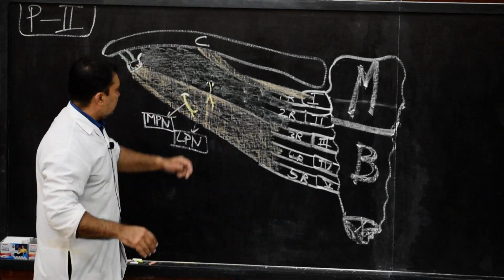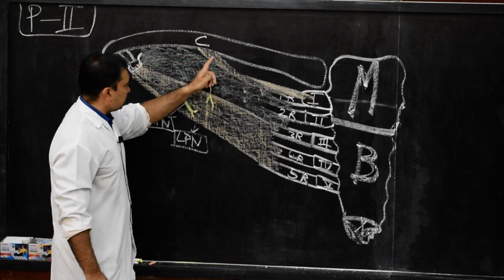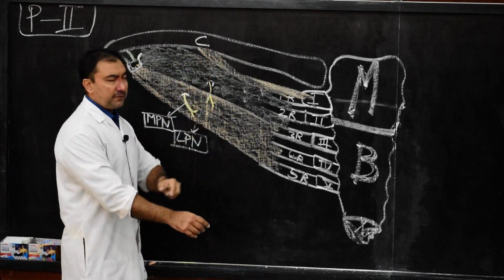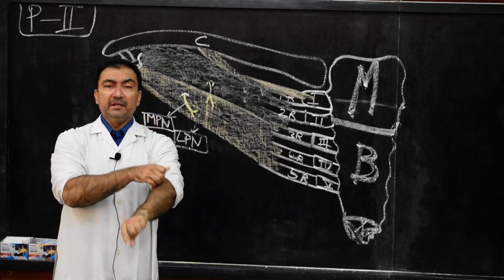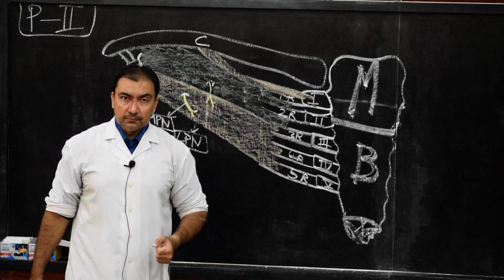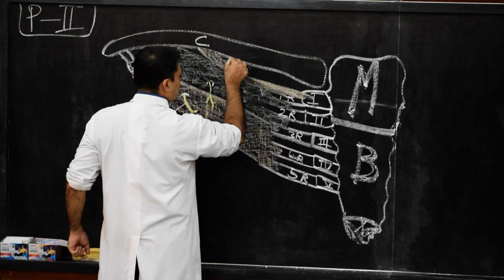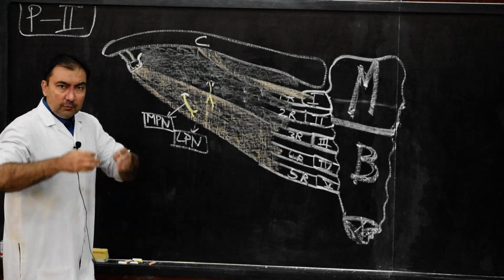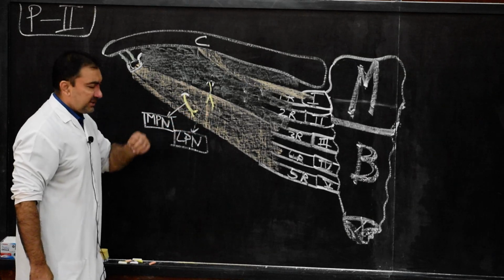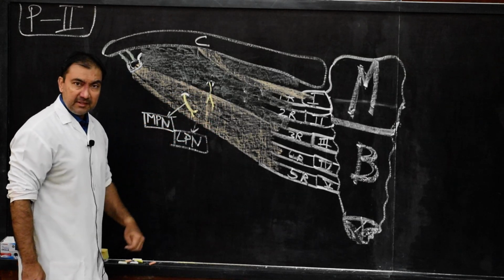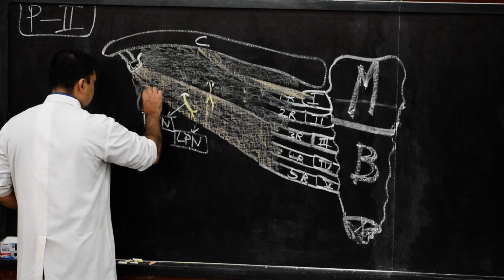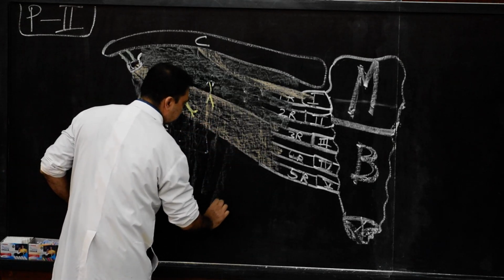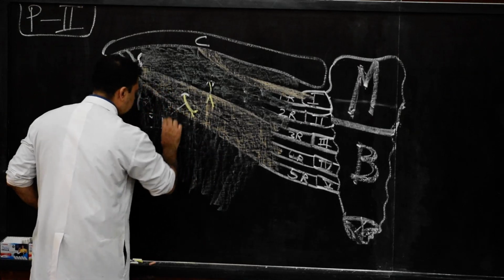Then superiorly it will completely enclose the subclavius muscle, and then it will be attached to the inferior surface of the clavicle on the margins of the subclavian groove. So superiorly, after enclosing, it is attached on the inferior surface of the clavicle. What about inferiorly? Inferiorly, there is the pectoralis minor muscle. So it will enclose pectoralis minor inferiorly, and after enclosing pectoralis minor, this clavipectoral fascia will extend down.